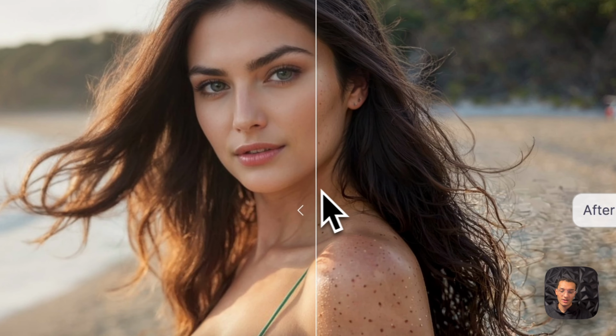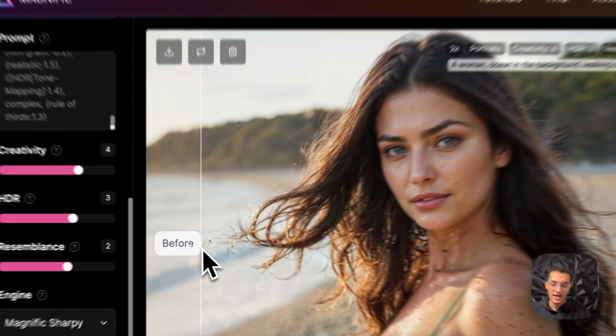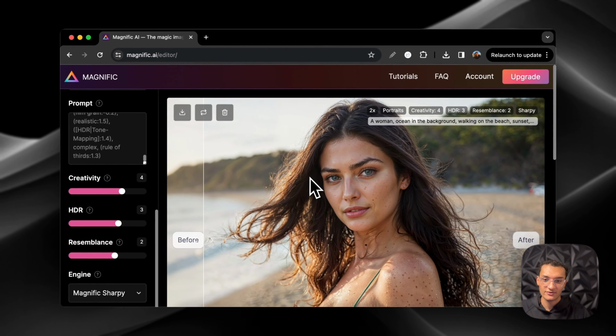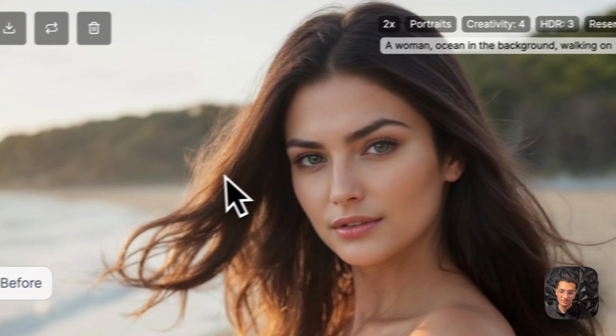Okay, so upping the creativity to 4, the HDR to 3, and keeping the resemblance at 2. We added a lot of freckles, but the hair looks extremely realistic. It looks like this is a photo. Look at the way the sun hits it, and it has the shadows and everything, except for this area right here. But out here, this looks like hair. It looks realistic, especially if you look at the before. It does not look as realistic. It looks very blurry